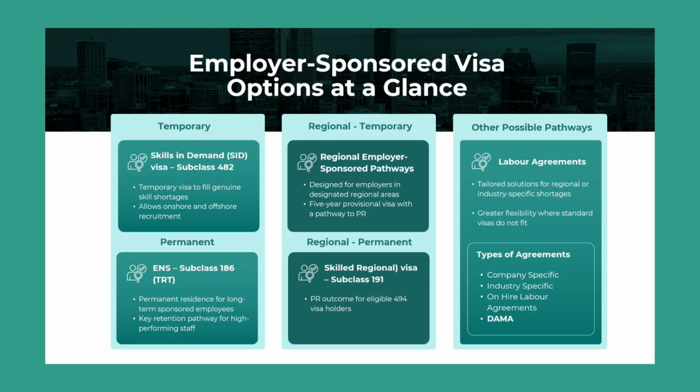The other issue is that under the skilled regional 494 visa, the permanent residency stream no longer requires an employer sponsorship. So once you employ your candidate under the 494 regional visa, the visa is granted actually for 5 years, but after 3 years, the employee can apply for their own 191 visa, which is a permanent residency where an employee is required to demonstrate that they worked with the sponsoring employer for 3 years and worked in a regional area.